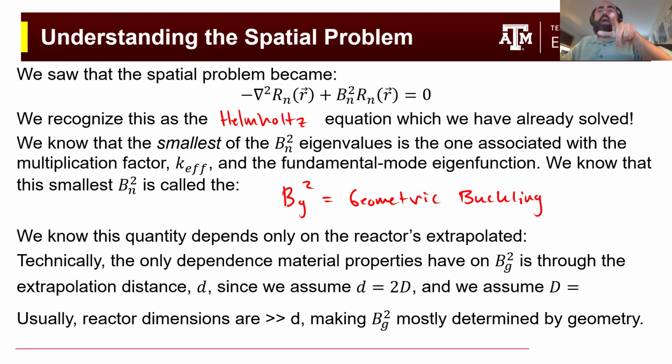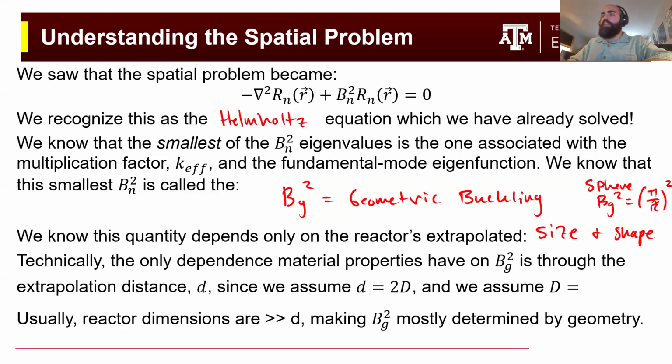We know that the space part, and specifically this buckling term, if we looked at the bucklings for the sphere and the slab and those different reactors that we've studied, we know that the buckling depends only on the reactor's extrapolated dimensions, like its size and its shape. Like for a sphere, BG squared was pi over R tilde squared. So that's what we mean when we say this quantity, BG squared, only depends on the extrapolated dimensions of